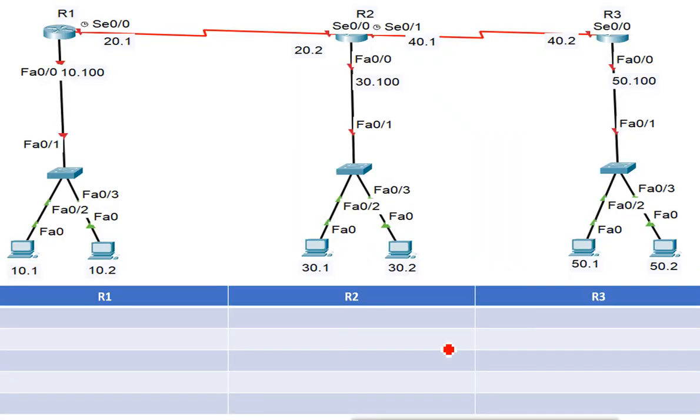Okay, so now we know that routing protocols like RIP do what? They find the path. How do they find the path? First they see the AD value, and if the AD values are equal, then they go for the metric. Now metric means it is decided by the technology it is using.